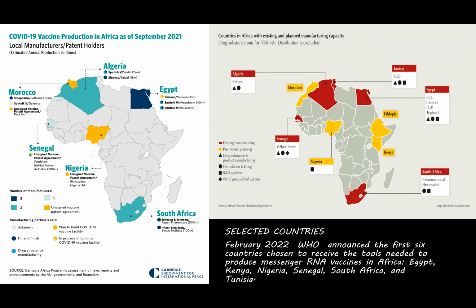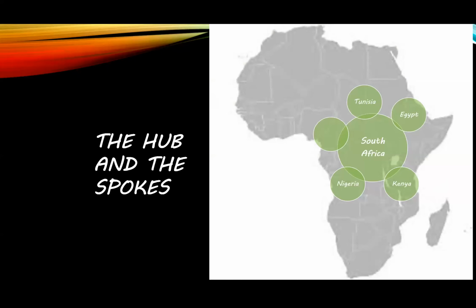South Africa was going to be the hub from which the rest of Africa, the spokes, will reach deep into the different parts of the continent. So this is something I'm just trying to explain, the hub and the spokes. South Africa is at the center, and actually there's one other country which I missed out, which is Senegal. Senegal should be the other one. That makes the 6 countries so far approved by this.